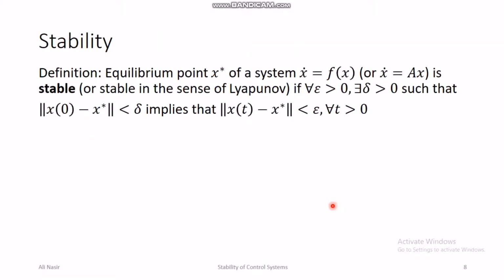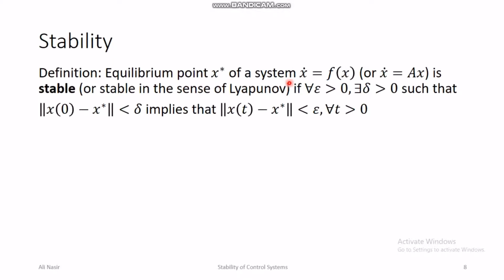So there are different categories in the internal stability or Lyapunov stability. First is the simple stability in the sense of Lyapunov. An equilibrium point x star of a system x dot equal f of x or x dot equal Ax is stable, or stable in the sense of Lyapunov,